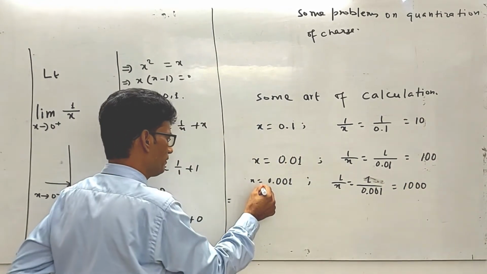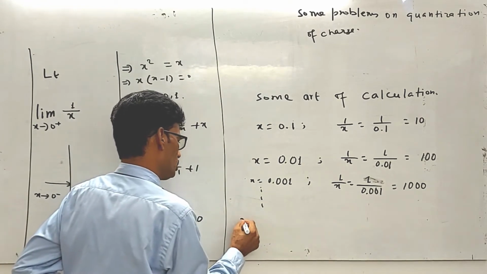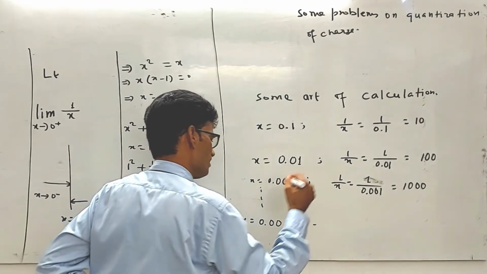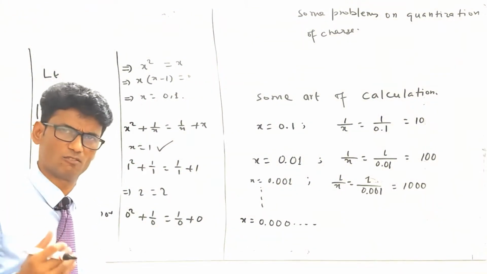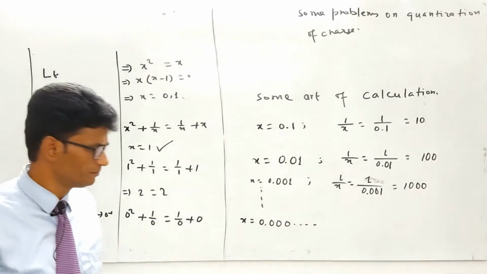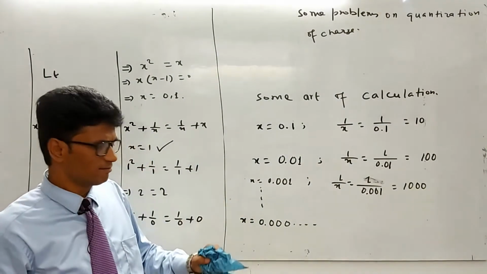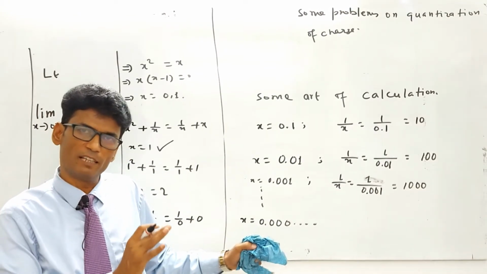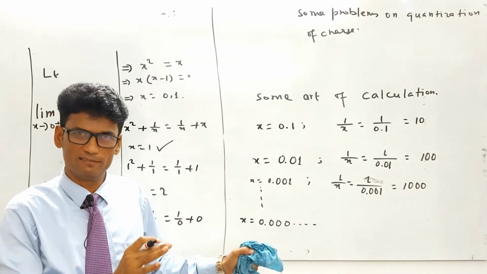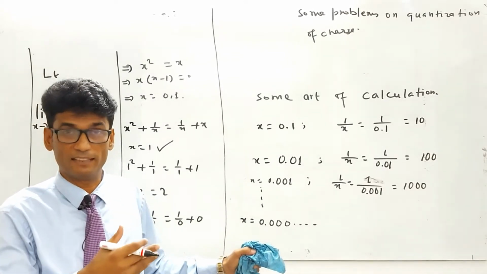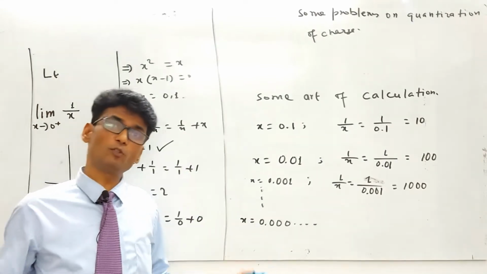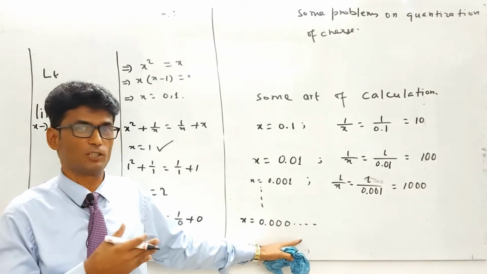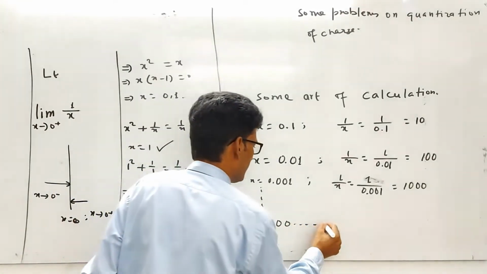On the same line, x is equal to 0.000 with too many zeros, zillions of zeros. If we had too many lives and were allowed to write 0, that seems to be a very, very small number. However, there is only one life after this death, the life of forever. If we provide you the forever life, you may get tired of writing the zeros. That many zeros are here, and after that we put here 1.